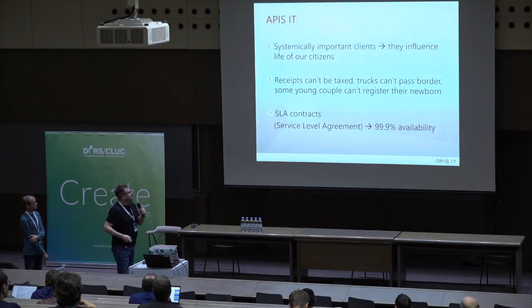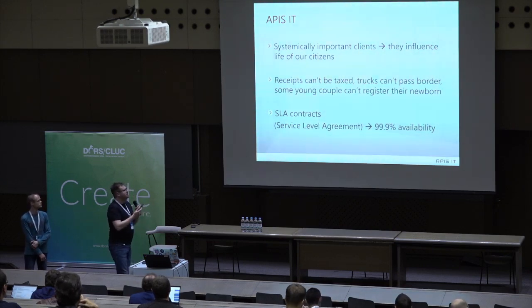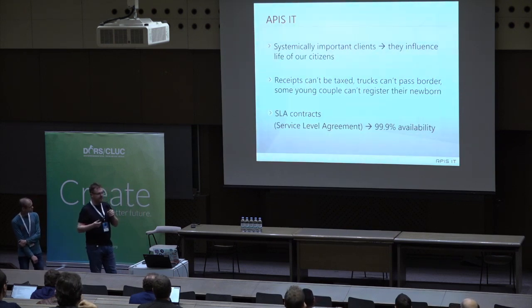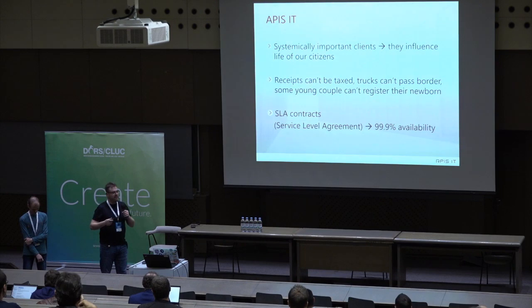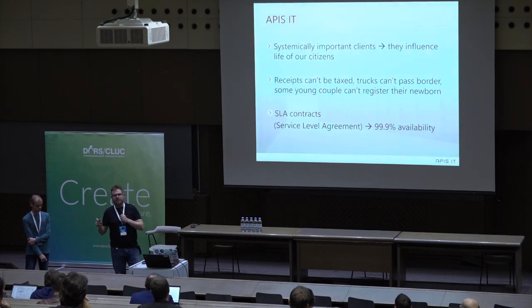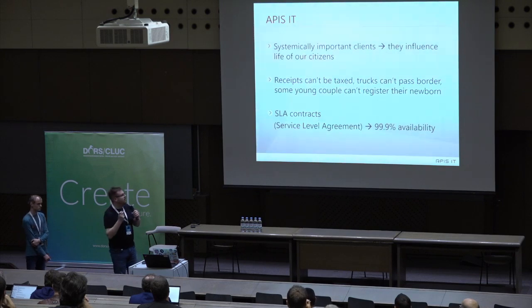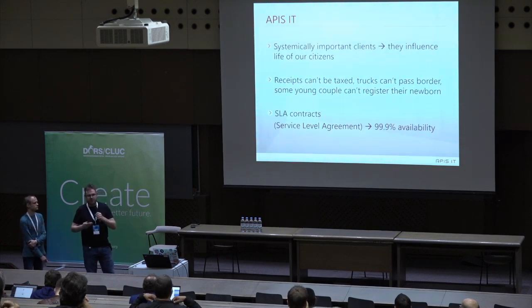It's a new thing. So how to keep that under some control? We have signed service level agreement contracts with 99.9% availability through the year. That means what? That means that every month we have a right to 45 minutes of downtime. These 45 minutes of downtime also have to cover regular work on services, which is not much by definition.